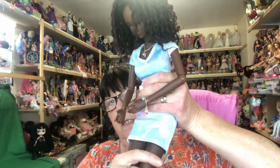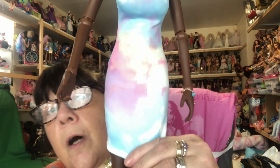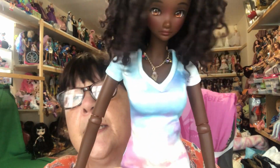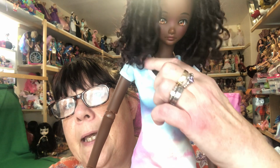So first I've got Lorelei and Shay, my two smart dolls, and they are modelling a variation on the t-shirt pattern that you can get from the Smart Doll website. This is a free pattern, so I downloaded it, and it's the t-shirt but I've made it longer so that it becomes a dress. Shay is wearing that, made from scuba or dance material, so it doesn't need any finishing. You don't need to finish the edges, it's quite easy to do. And you can see that she's got the sleeves in and the neck piece that comes with the